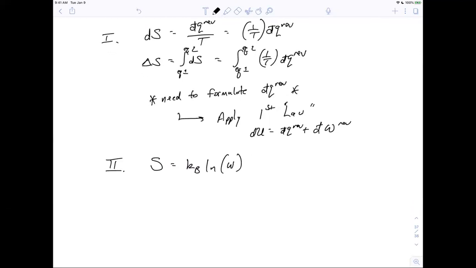It could be anything. You can use whatever letter you want. The letter is not important. What it represents is important. And so W is equal to the number, so it's a number, okay, of arrangements of a system